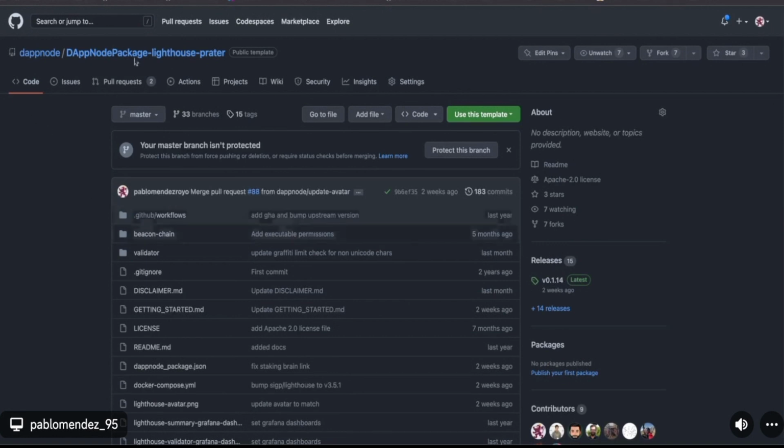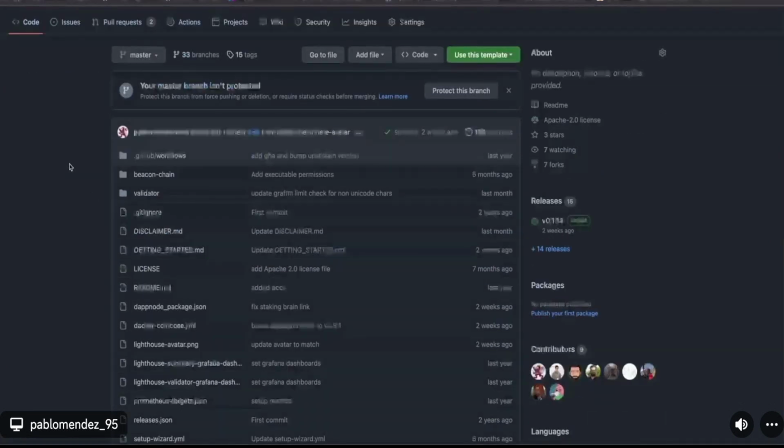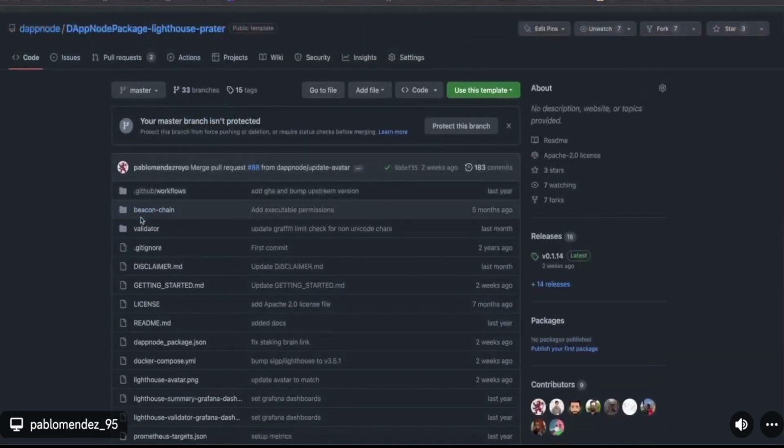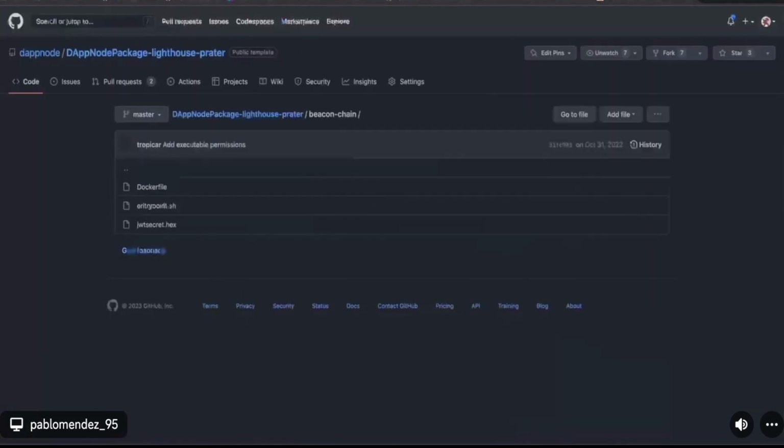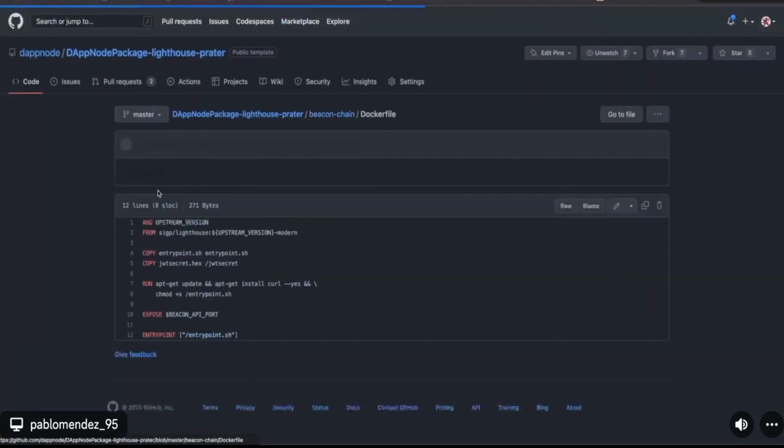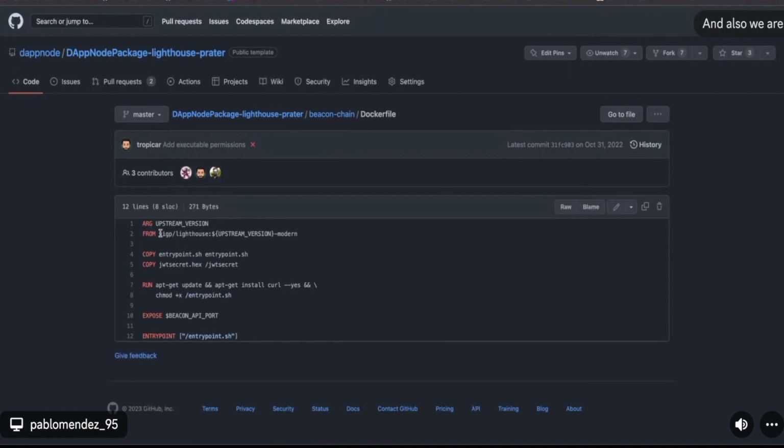So the Lighthouse Prater package has Lighthouse as an upstream project, and so it uses the Docker image in those projects. If I go to the Beacon Chain service, it has this. So this Docker image is being used, and you define the version here.